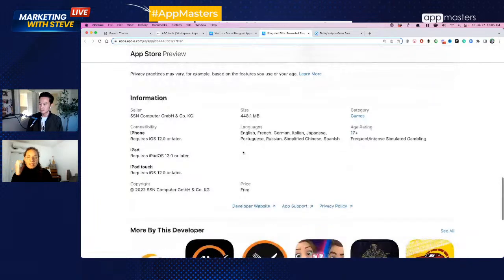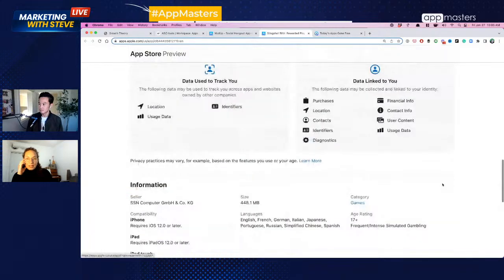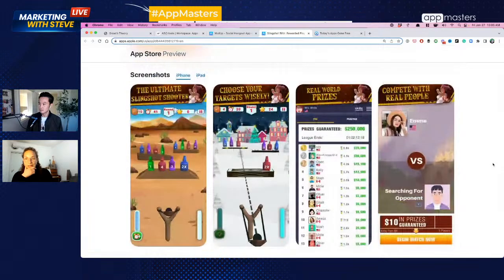When it comes to the screenshots, I think I would work through them a little bit and maybe focus more on the. I don't see anywhere. Okay, you see real world prizes is on the third screenshot. Also, prizes guarantee. I would try to emphasize it a little bit better and maybe to the first screenshot. I wouldn't see the caption.